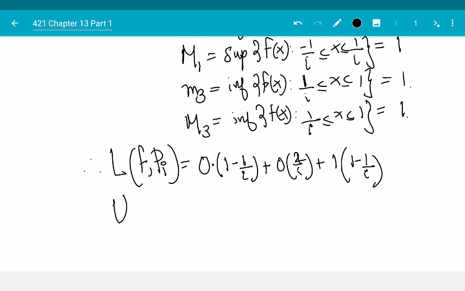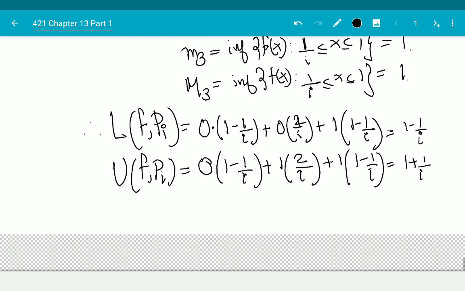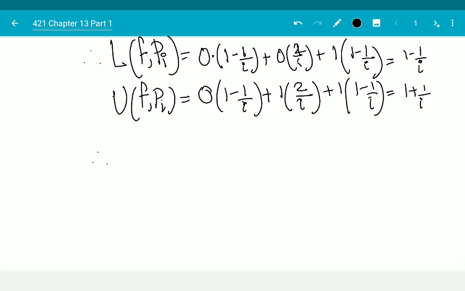Okay, and the upper sum of this is equal to 0 times 1 minus 1 over i plus 1 times 2 over i plus 1 times 1 minus 1 over i. The lower sum is actually equal to 1 minus 1 over i, and the upper sum is equal to 1 plus 1 over i. Okay, and so therefore